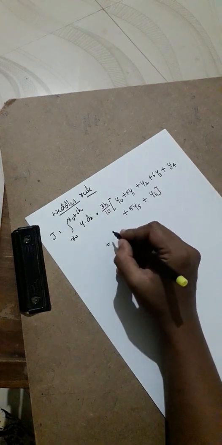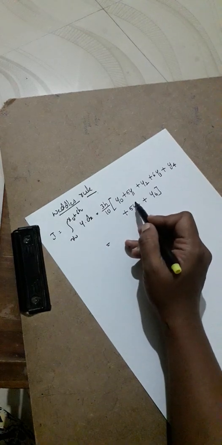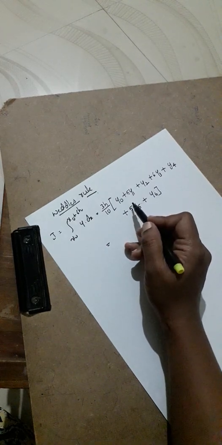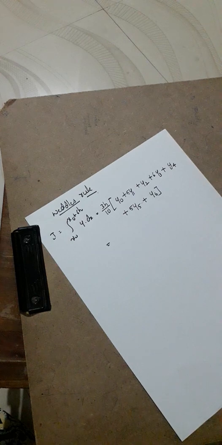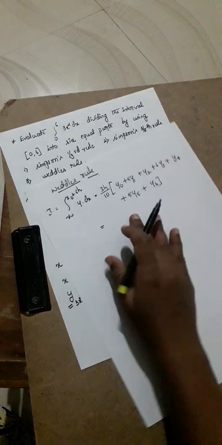Again we have to substitute y0 to y6, all the values in the table. Substituting all these y0 to y6 in Weddle's rule,